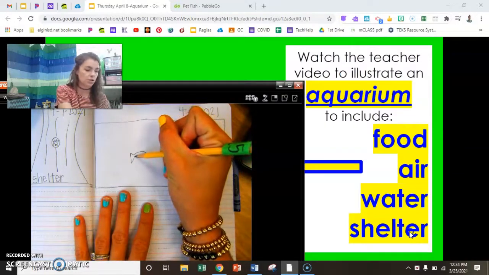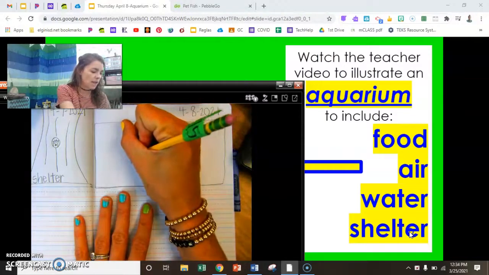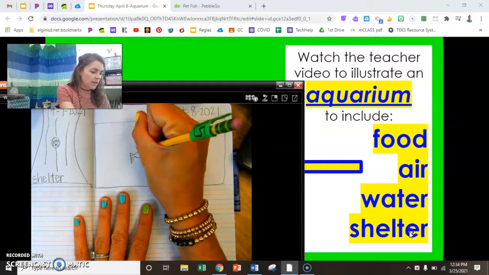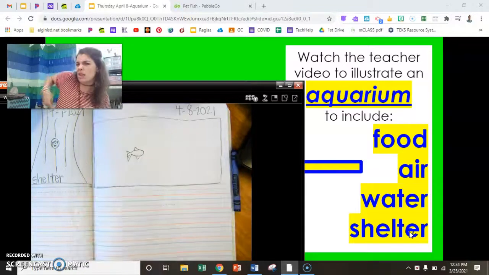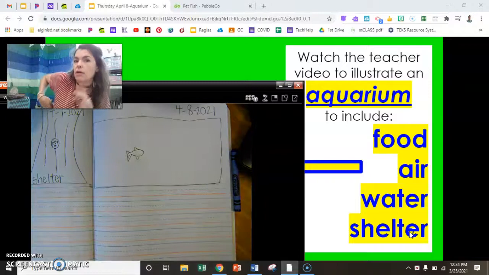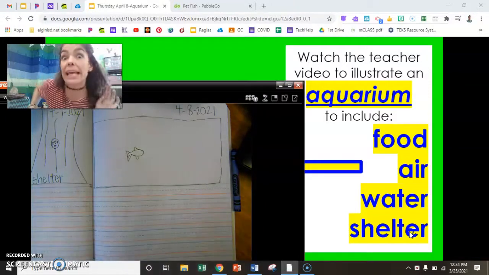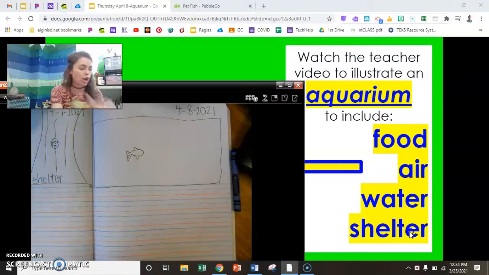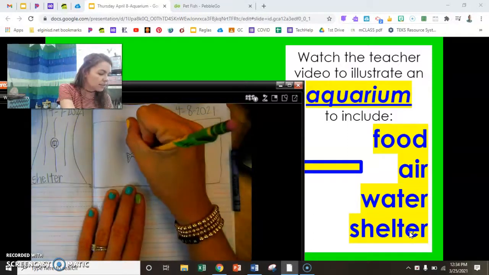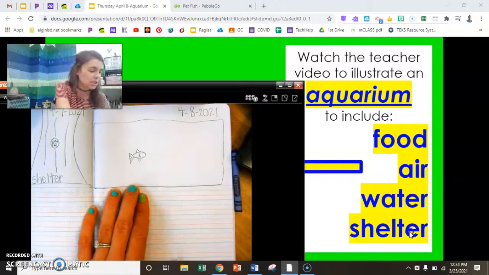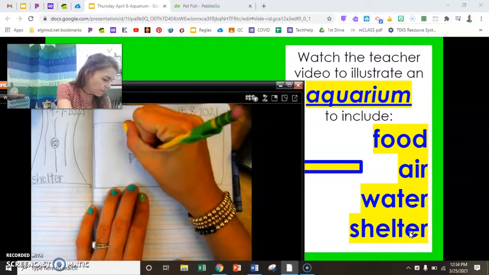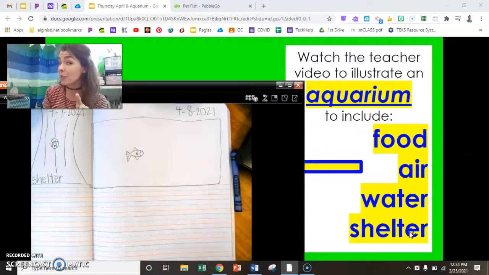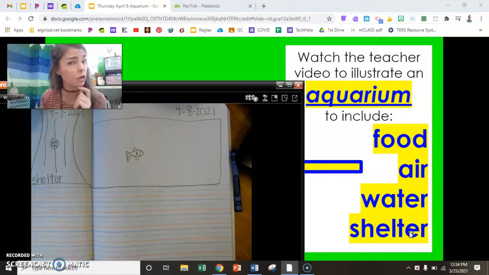One to two inches. A little tail. A little fin. And what are those things it needs to breathe? Gills. Give me a curved line to show those gills. And an eyeball and a mouth. I finished my little fishy. Do you have a fish or an underwater living thing? Let's keep going. This fish needs